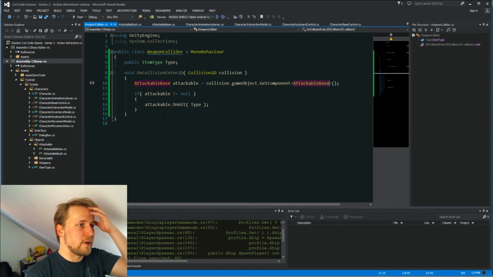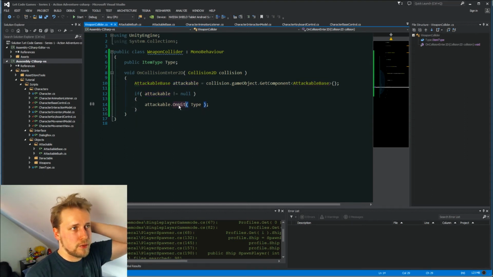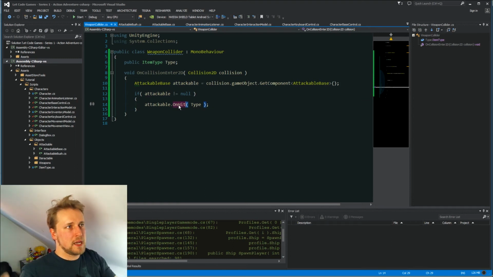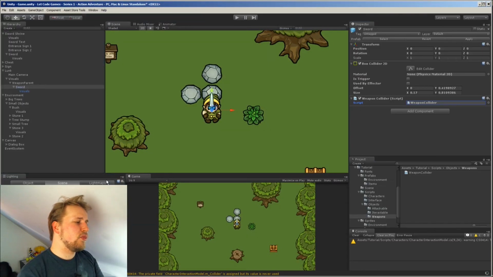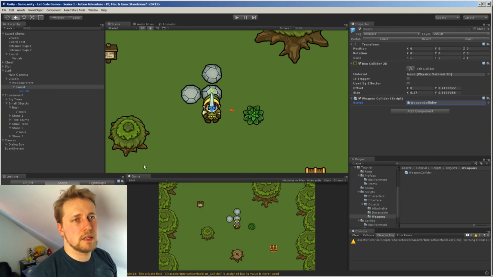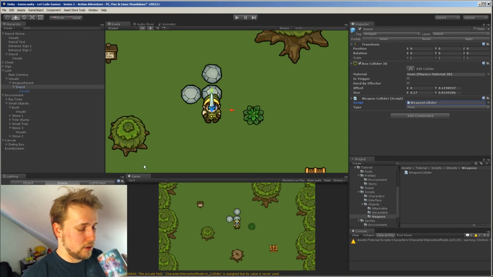And this is the cool part, because now that we call the onHit method, we could have tons of different attackable implementations, but they're all an attackable base. So this piece of code will work for all of them. Okay, so now one thing that I don't think will work quite yet, because